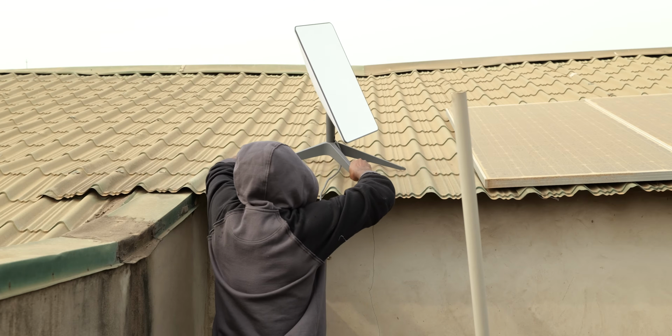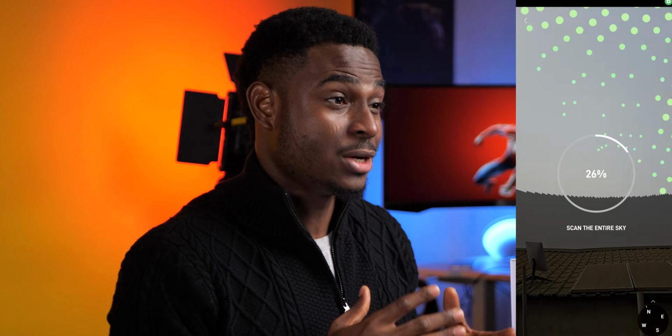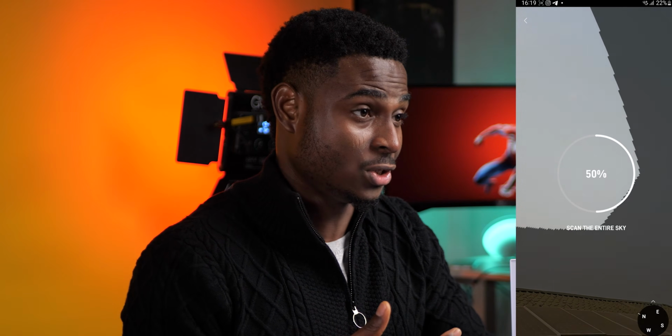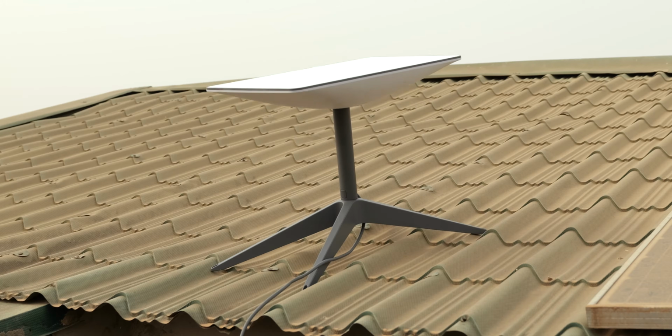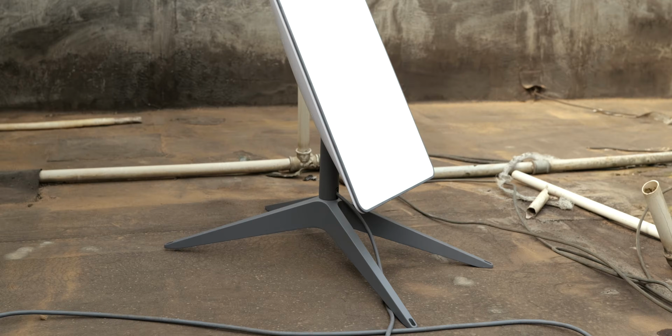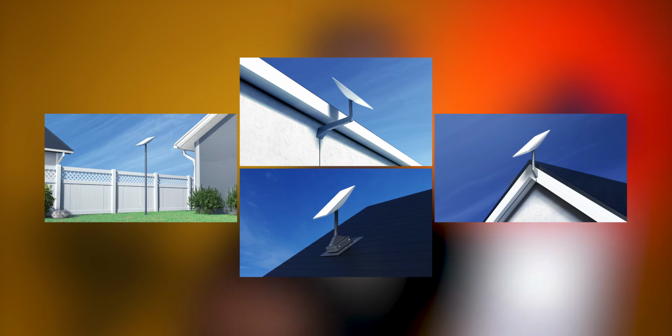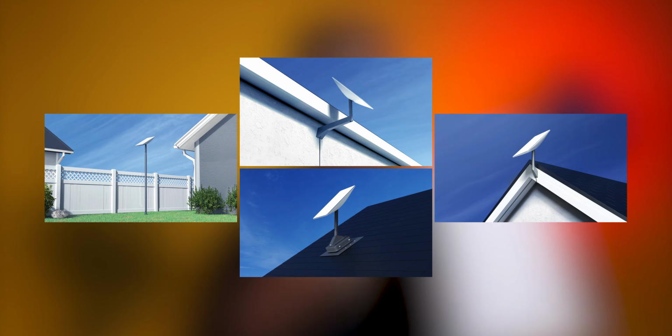It needs to be positioned somewhere without obstructions, either an open field or on the roof. You can use the app to scan if it's in a good position. Now, once set up, it aligns itself to Starlink satellites and you're good to go. The mount that comes with it is suitable for flat surfaces or ground placement. You can order alternative mounts from Starlink, either wall mounts or pole mounts as you see fit. Would have been great if you can choose a suitable one during the initial order so you don't have to